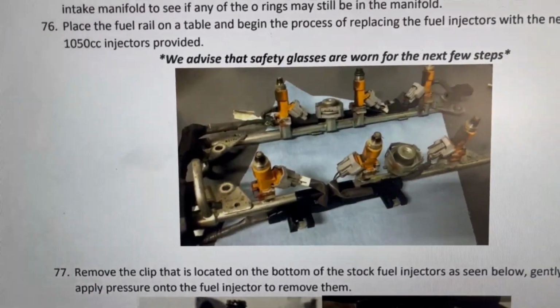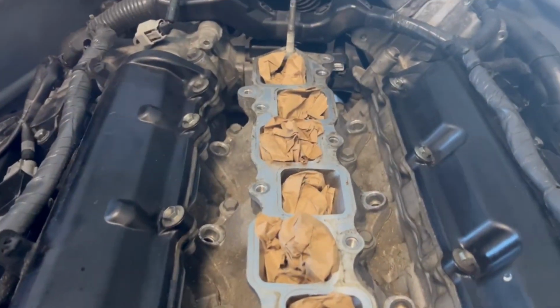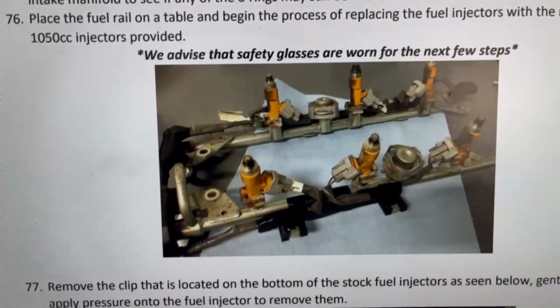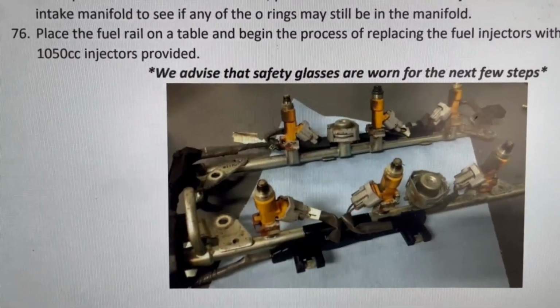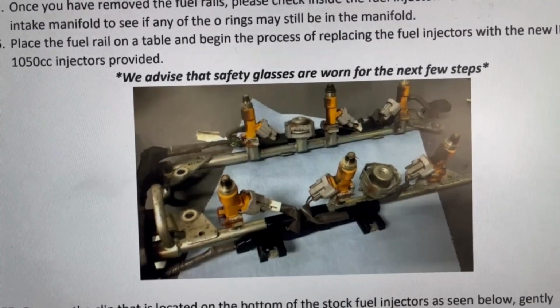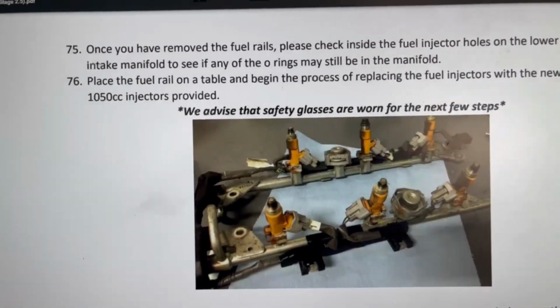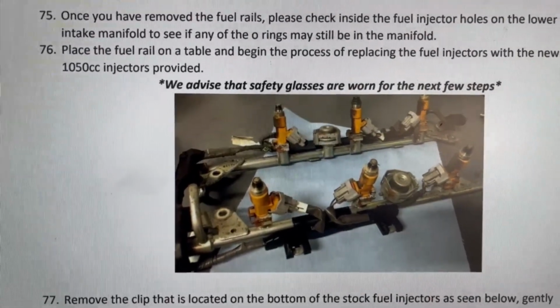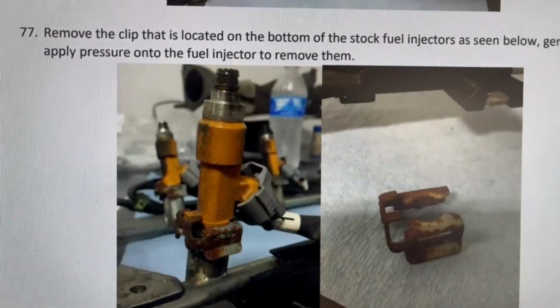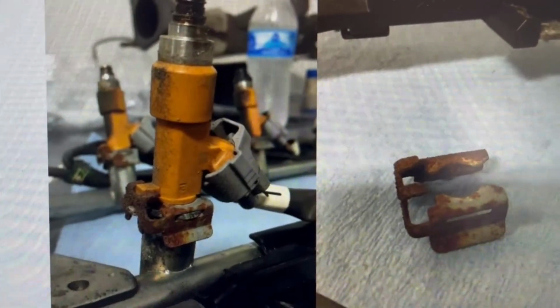Our next step was removing the injectors and the fuel rail. Basically went ahead and do that. Injectors are out, and now it's telling us to make sure that none of the rubber seals, oil seals on the injectors were left behind in the manifold, because you know, if it falls inside the chamber, it can cause problems. But moving on, it tells me to remove that small clip that's holding the injector,